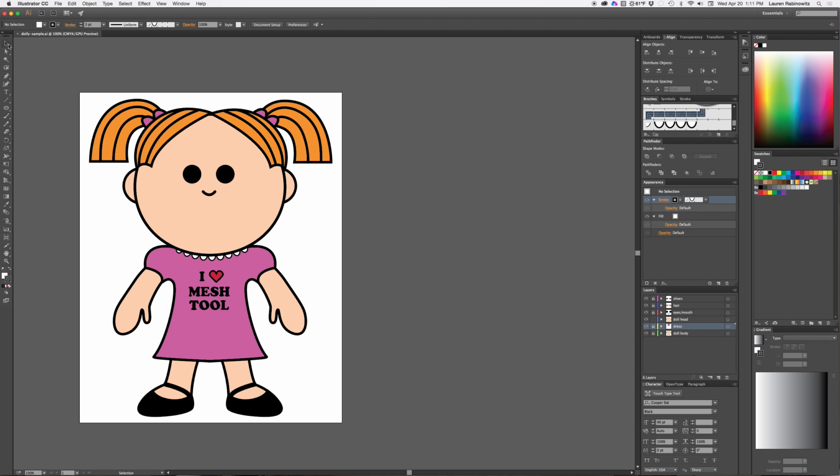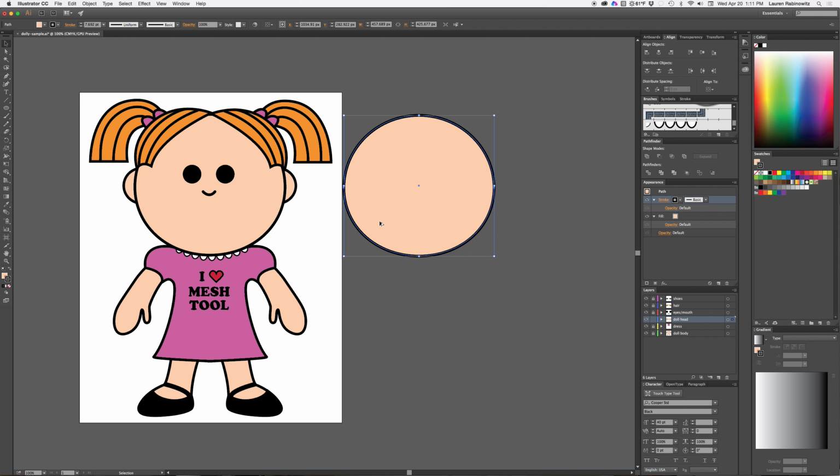So first, applying gradient mesh will knock out my outlines, so I'm just going to Option click and drag and make a duplicate of the doll's head. Then I'm going to select my mesh tool